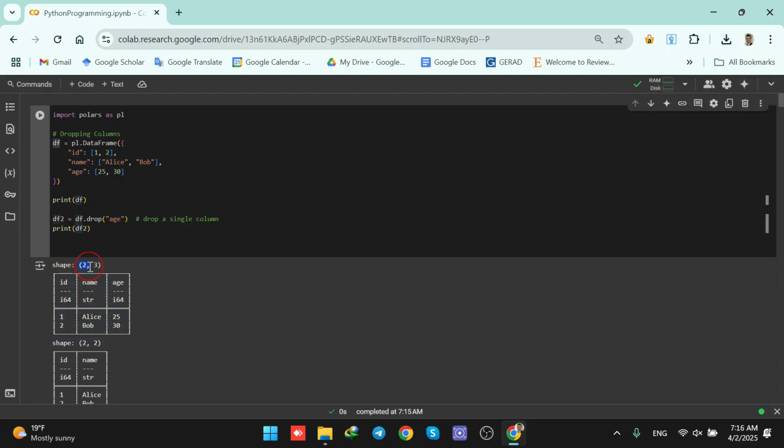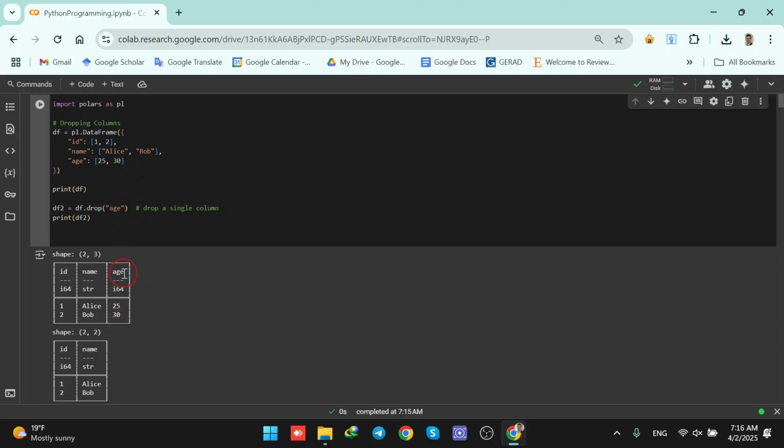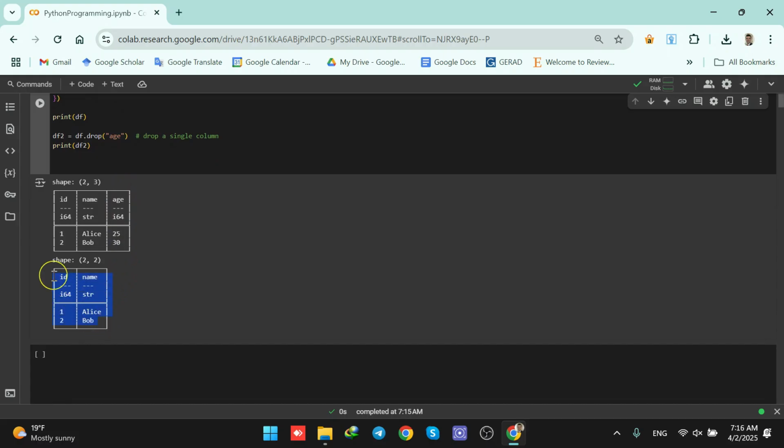We see that we have two rows and three columns. So three columns like ID, the first column, second column is name, and the third column is age. Then the first row is this one and the second row is this one. Now I would like to drop the age column. So I don't want to have it anymore. And you see that this is my second data frame in which I have the ID, in which I have the name, but